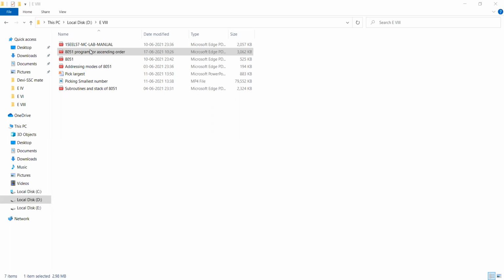So in 4, 3, 2, 1, which is the larger one? The first one, 4, is the larger. You can keep it at the bottom by shifting all other data to the upper places, that is the top places. So 4 is coming to this place.